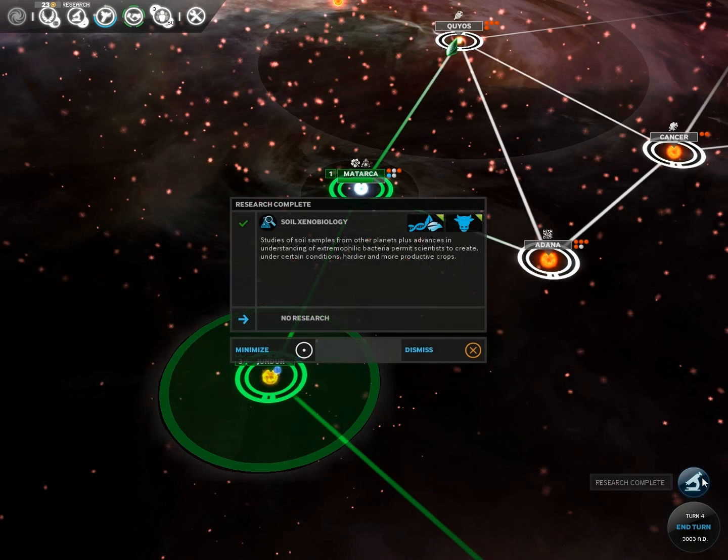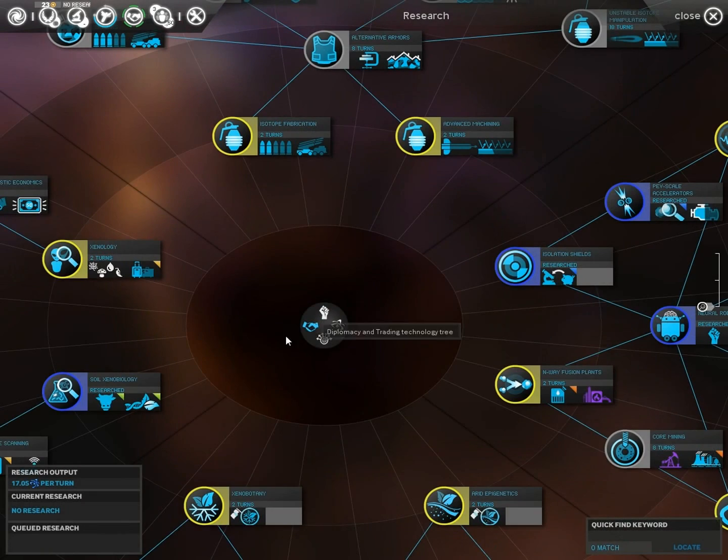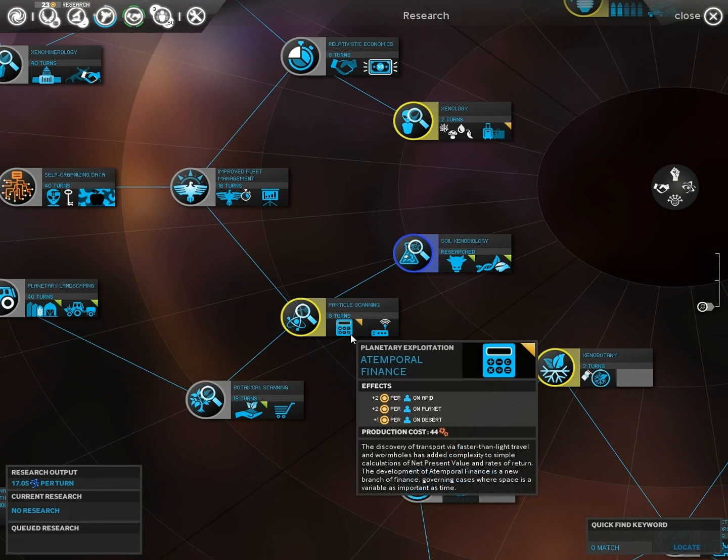Alright, this took a while, and something happened. So, soil xenobiology has been researched. This is very nice. I can right away kill something new. Let's see. Particle scanning. What does it give me? It gives me